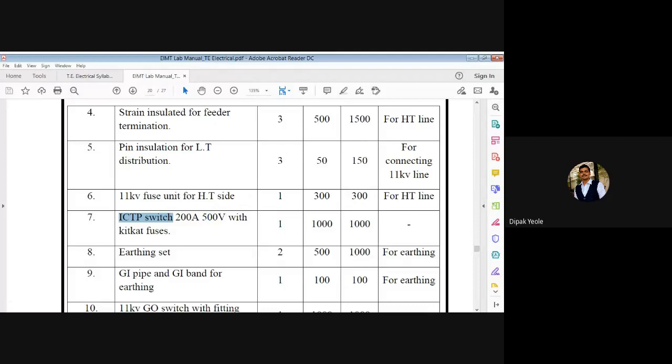So what is the ICTP switch? ICTP switch is nothing but it is a ironclad. So let me put in the chat box. Ironclad triple pole switch. So that is a ICTP switch. Ironclad triple pole switch. So let me show the picture of this so that you can identify this component. Just a minute. Yes. So this is a ironclad